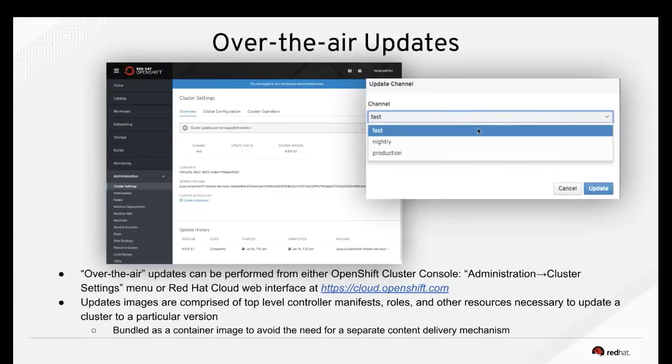For example, you have a channel. You can update the channel. So say you're on a dev cluster, you can set it to fast or nightly, and we can auto update that cluster for you. As soon as updates come, your cluster will get updated over the air. You guys have to do nothing there. You could also set it to be production and do manual updates. So if you want to wait until a production release is released, then once it is, we'll notify you and you could do a